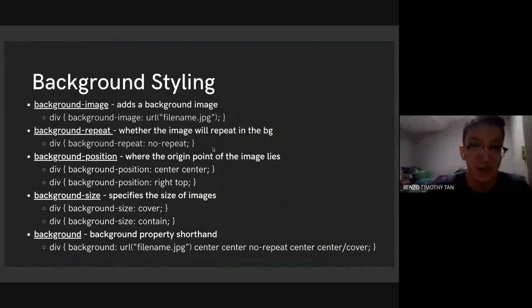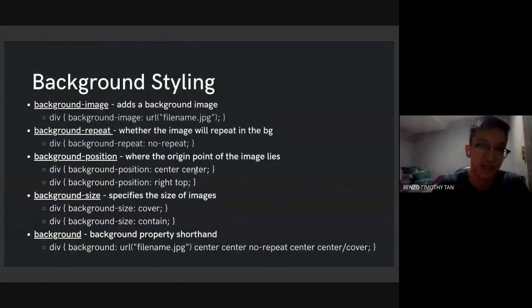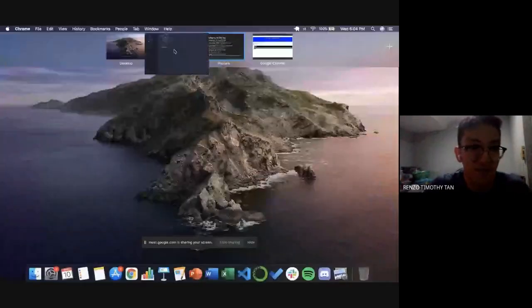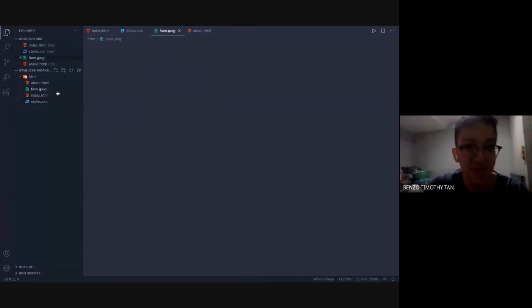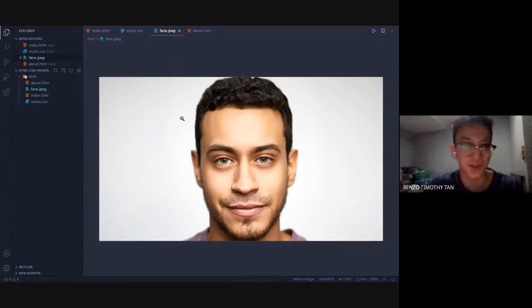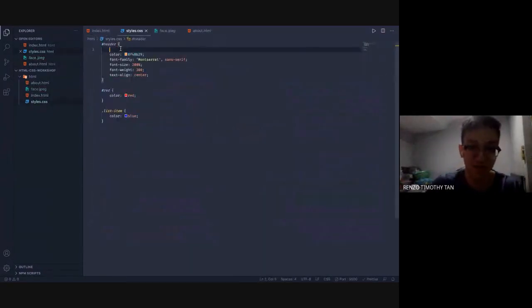So background styling, this is for styling your backgrounds. For this, we have background image, background repeat, background position, background size, and for shorthand, we have background. Again, we don't need to memorize this. I'm just showing you what you're given with CSS. So for example, instead of background blue, let's say we want to have this face as a background for some reason. I'm not saying that you should have your face in the background, but like,